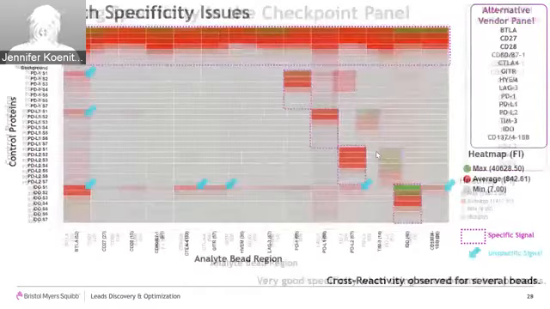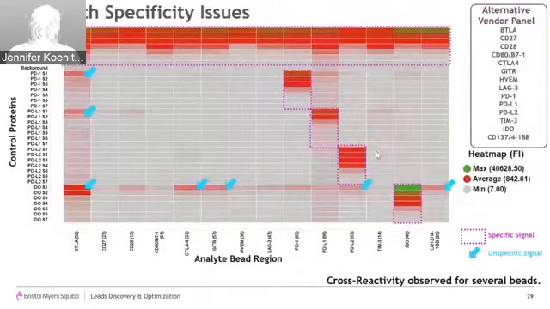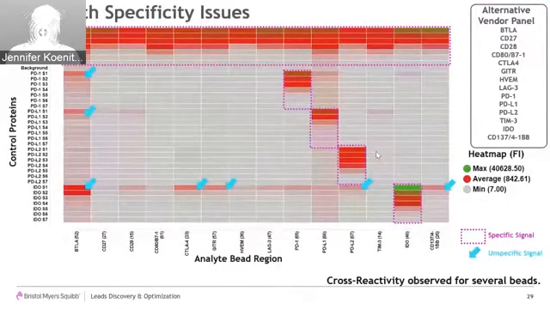At the time, we were also evaluating other kits that are available in the market. And here I'm showing an example of one that doesn't behave quite as well. Same concept as before, a slightly different analyte composition in the kit. The kit standards, by and large, behave well, and the control proteins produce strong signals with their respective beads in